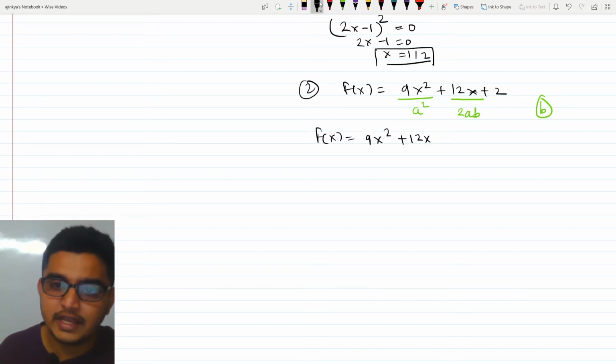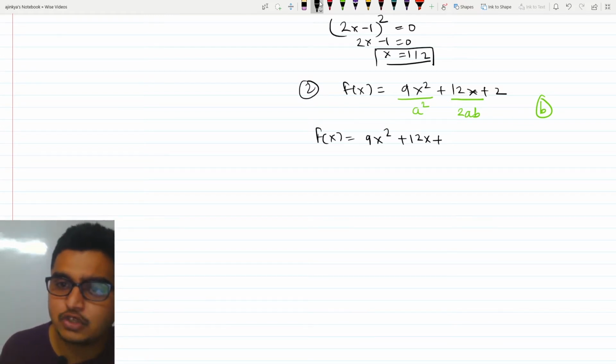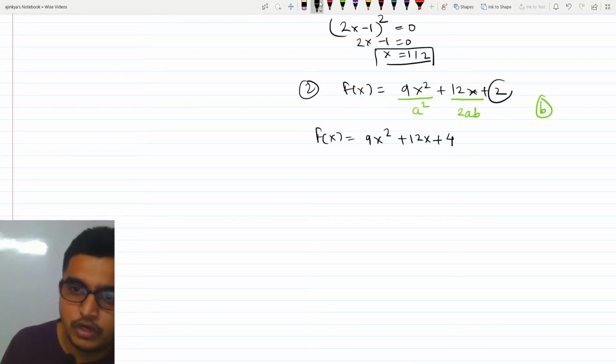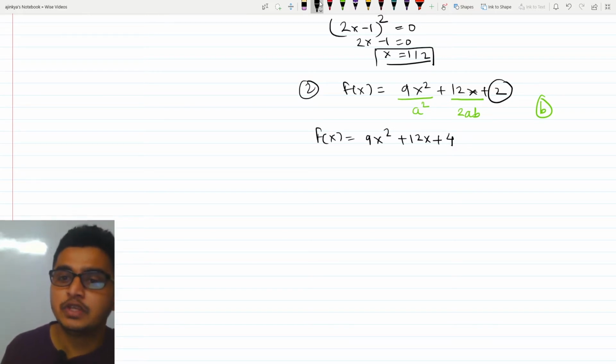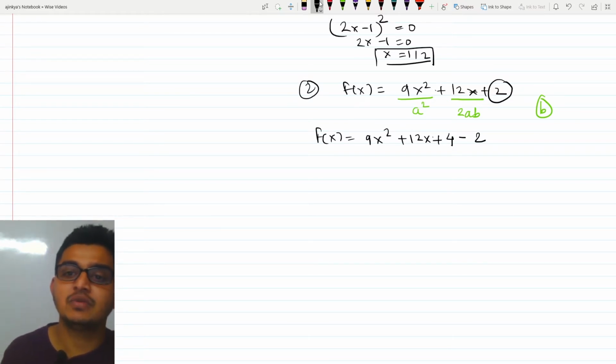So if we take 3x and equate it to 2ab and then find out what b is, you will get b as 2, and since 2 squared is 4, we need to add 4 over here. But in the original value we have only 2 in the constant term. So can we subtract 2 from this to make the equation equal, right? So these terms are equal, so we have